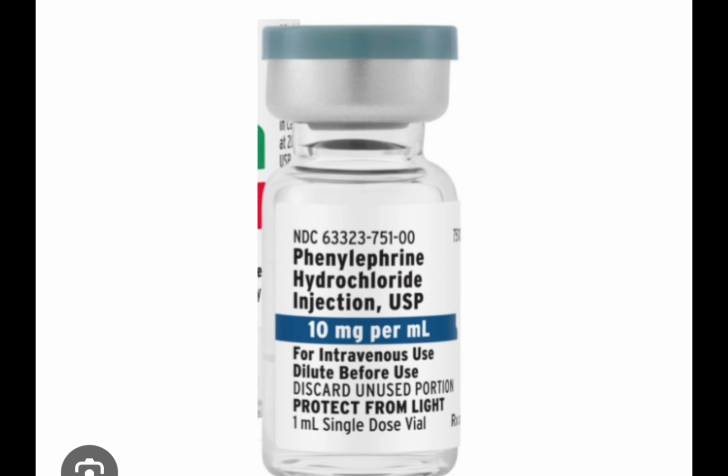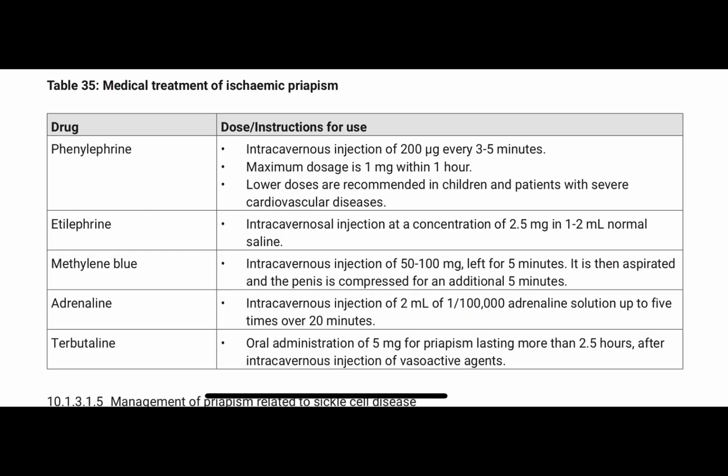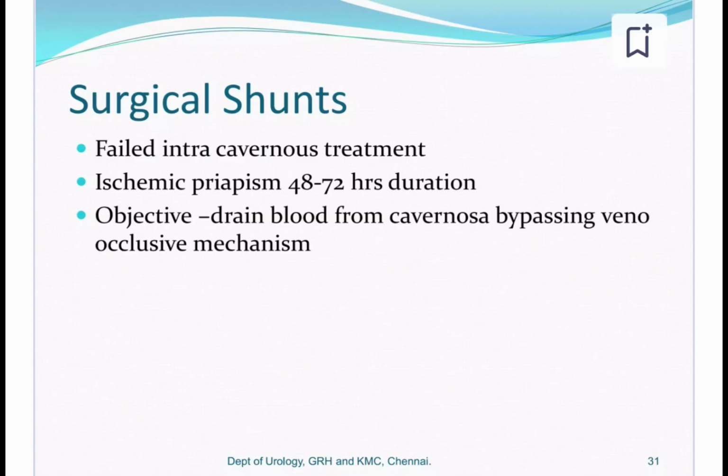We will inject it every 3 to 5 minutes until detumescence is achieved. The maximum adult dose is 1 milligram, or 1000 micrograms, and it should be given over 1 hour. Now we will proceed to the surgical treatment only when blood aspiration or intracavernosal injection of a sympathomimetic drug have